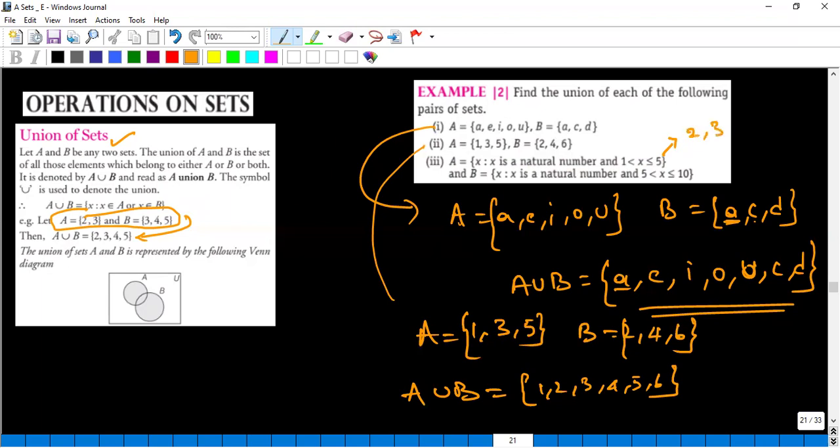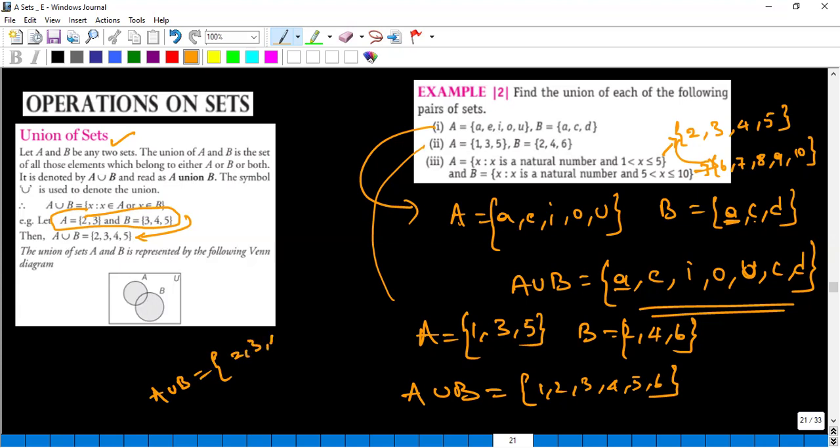2, 3, 4, 5. This is set A. And set B, x is a natural number such that 5 less than x less than or equal to 10. The other set is 6, 7, 8, 9, and 10 is also included because they gave less than or equal to 10. Combination of these two sets, A union B, I will write here A union B,